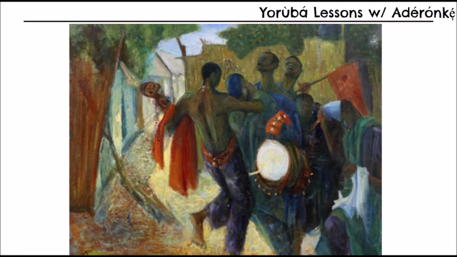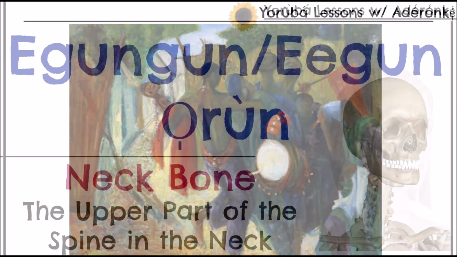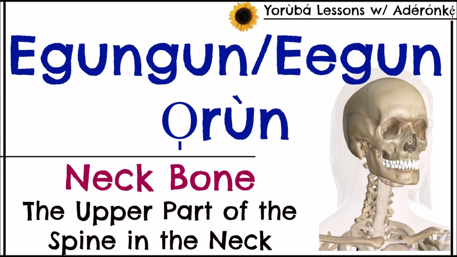But Egungun is different from Egun. Egungun is the ancestral spirit, and if you want to shorten it, you can call it Egun. Some people spell it as E-G-U-N. But Egun is different. Egun means something else entirely. It's Egun, and that is a short form of Egungun, the ancestral spirit. This is Egungun, or Egun. It's the contracted form.